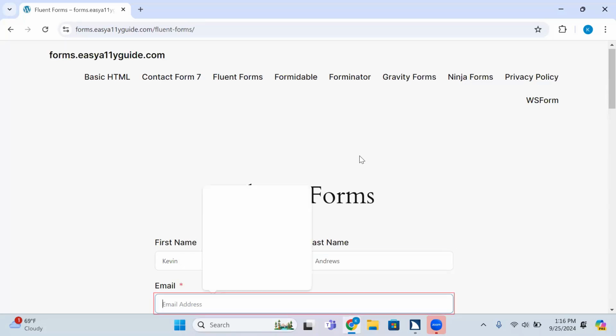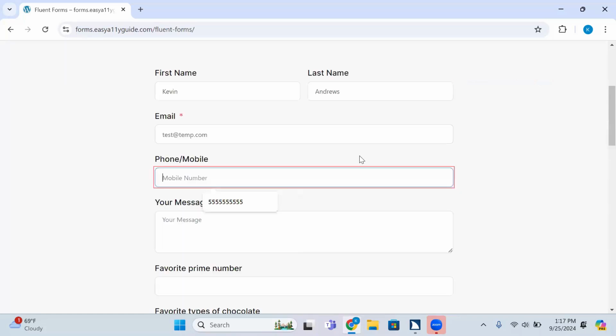Yeah, I guess I'll just... Email required as pop-up. What did we do? Seeing all of your email addresses. What did I put last time? I can't remember. Was it just example or? Yeah, you just put a test email in there. test@temp.com. Phone/mobile edit, blank, placeholder, mobile number, type in text, as pop-up.